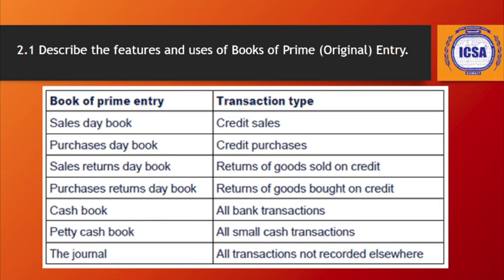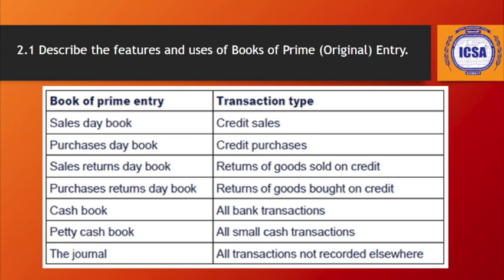As we know, there are two types of main transactions: credit transactions and cash transactions. We can see credit sales are recorded in sales day book, credit purchases are recorded in purchases day book. So cash sales and cash purchases will be recorded in cash book, and all other incomes and expenses that are paid in the form of cash or through the bank, meaning they are paid directly, are recorded in cash book. Another important feature of cash book is that it is a book of prime entry, and at the same time it is a book of original entry,